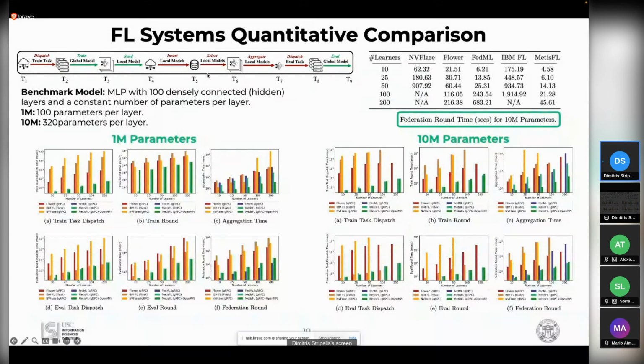For our benchmark, we're using a multi-layer perceptron with 100 densely connected layers, which we shrink and increase based on different numbers of parameters per layer. So for the case of 1 million, we consider 100 parameters per layer across the 100 hidden layers. And for the 10 million, we consider 320 parameters per layer. As you can see on the evaluation,